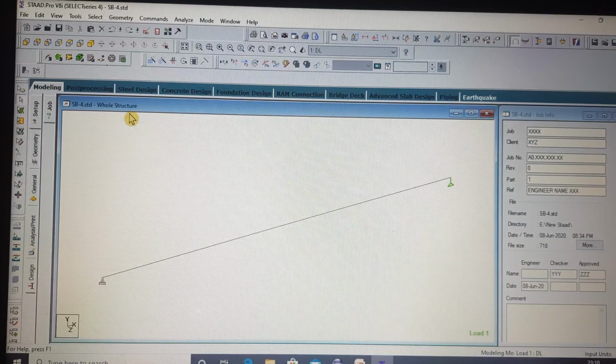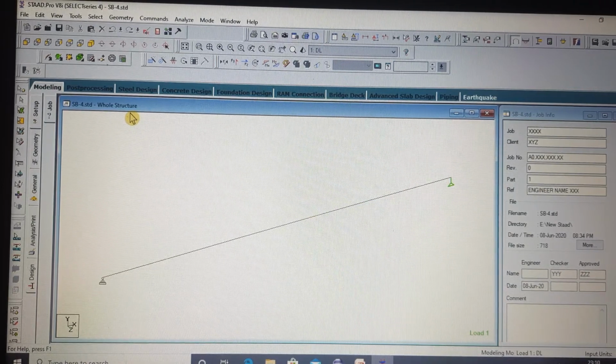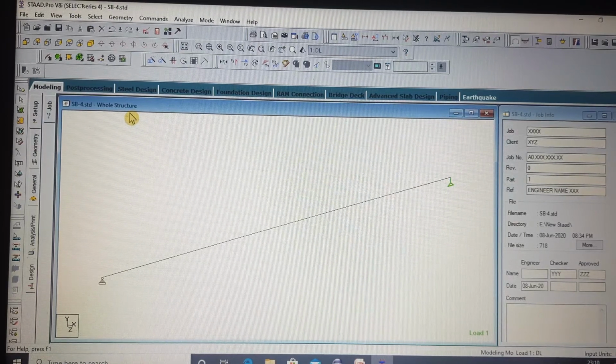You have to understand the functionality of each button one by one, and after understanding all these things, I'll try to model a STAAD geometry, and that will help you clearly understand all of this. First of all, I am going to give a brief introduction about all these buttons.